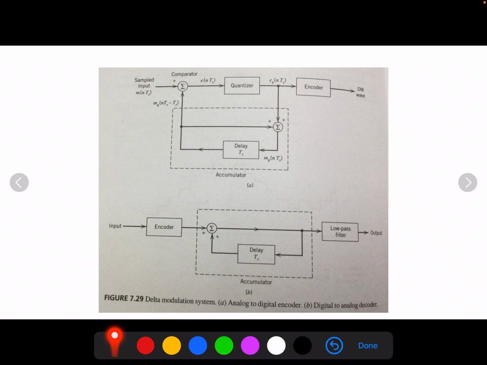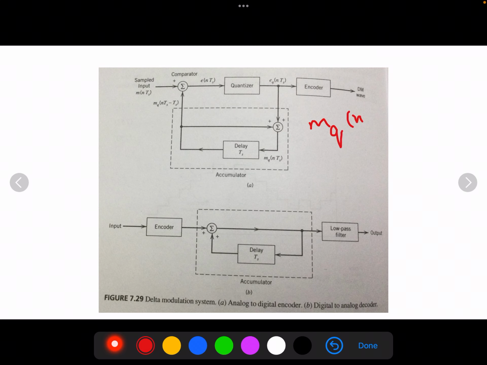The details of the modulator have already been explained. The comparator computes the difference between its two inputs. What are the two inputs? The sampled input m(nTs) and the quantized input mq(nTs - Ts). The quantizer consists of a hard limiter with an input-output relation that is a scaled version of the signum function. The quantizer output is then applied to an accumulator, which produces the result